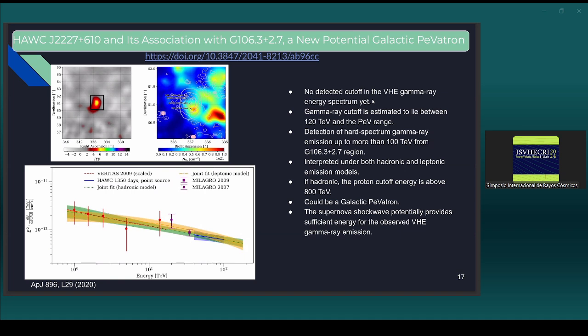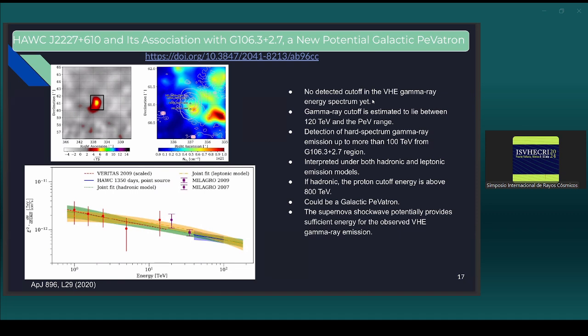I think it was the third catalog, and we detected several sources that have an energy above 56 TeV, and also some other sources have significance above 150 TeV. I'm talking here about gamma ray emission. So if we have sources here in our galaxy that can reach these high energies,